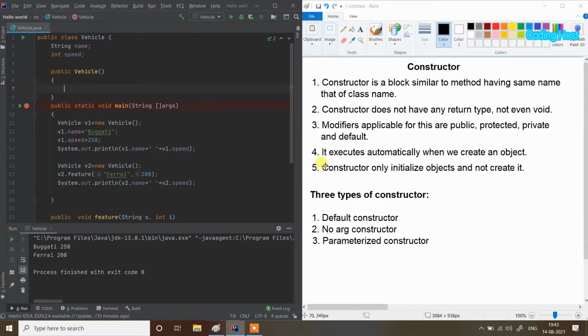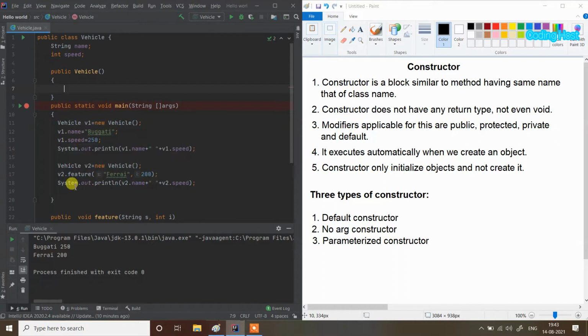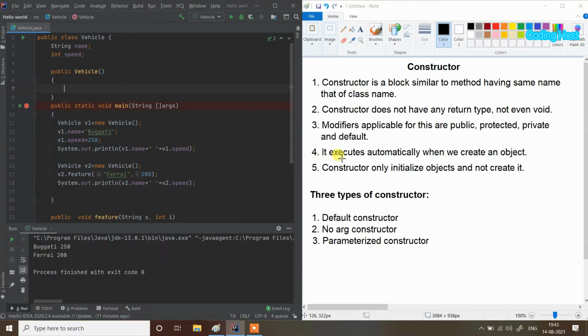Fourth, it executes automatically when we create an object. If we want to initialize our object using a reference variable or a method, we have to use our object to access them, like v1.name and v2.method name. But in the case of a constructor, we do not have to write like this. When we make our object, our constructor is called automatically.